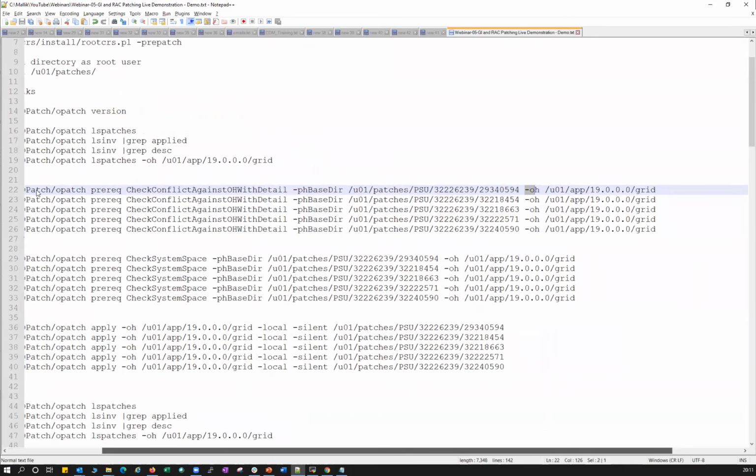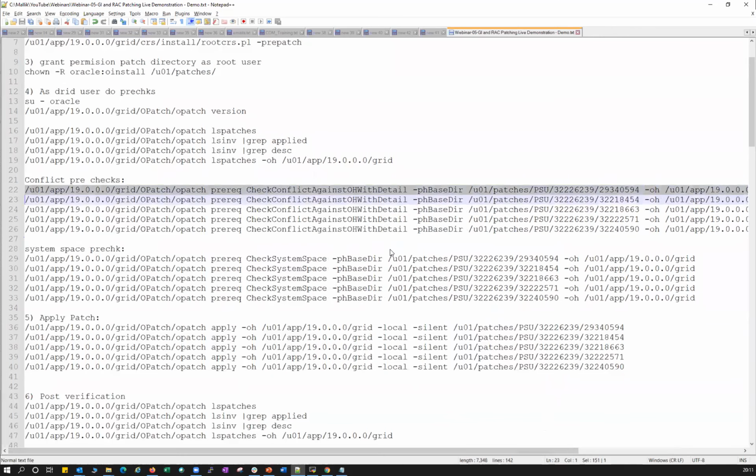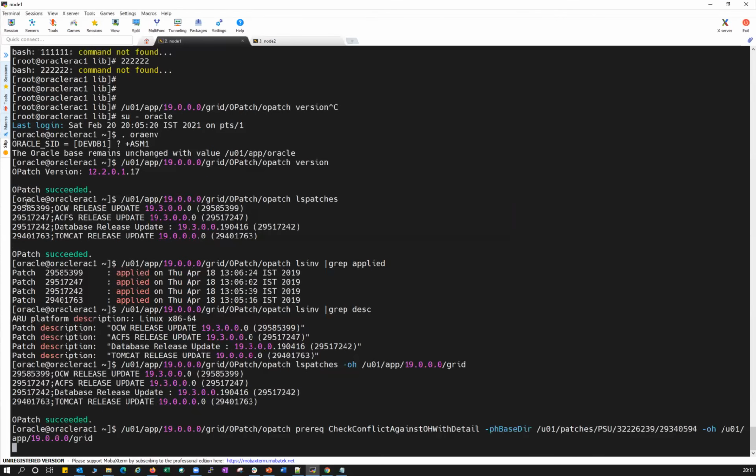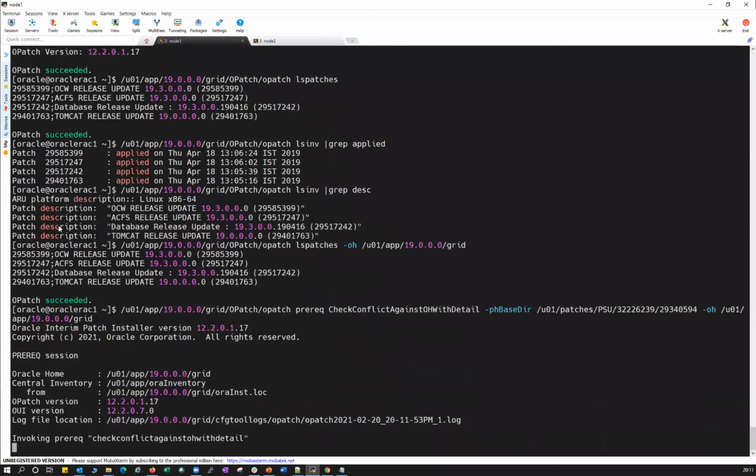First I will run only one command, this conflict command, and you will see the output. You can see succeeded. If there is any conflict, it will tell you it is conflicting with this particular patch. If I run all, you can run all in one shot. You just monitor this: succeeded. I ran all 4 commands in one shot now. See this succeeded, and again succeeded, again succeeded. So all succeeded. There is no conflict at all because I don't have any of these patches. This is about the conflict check.